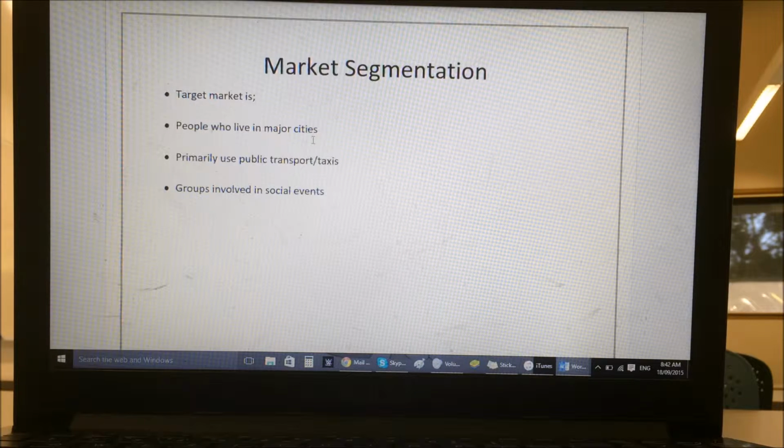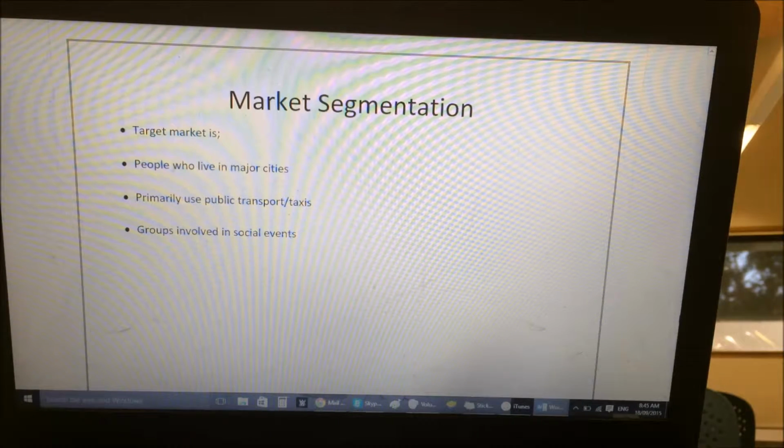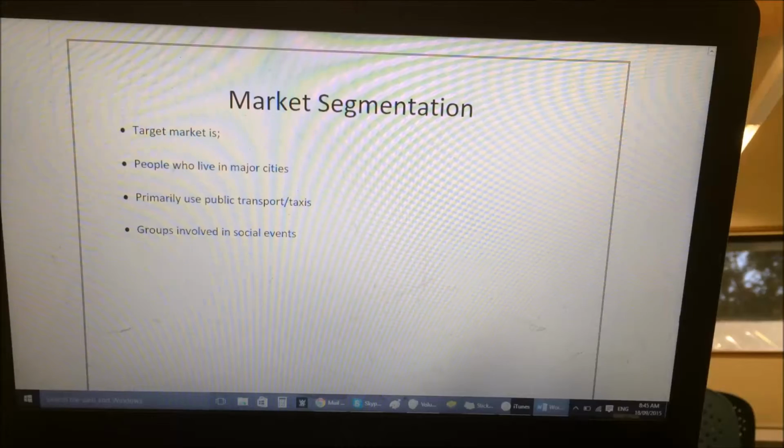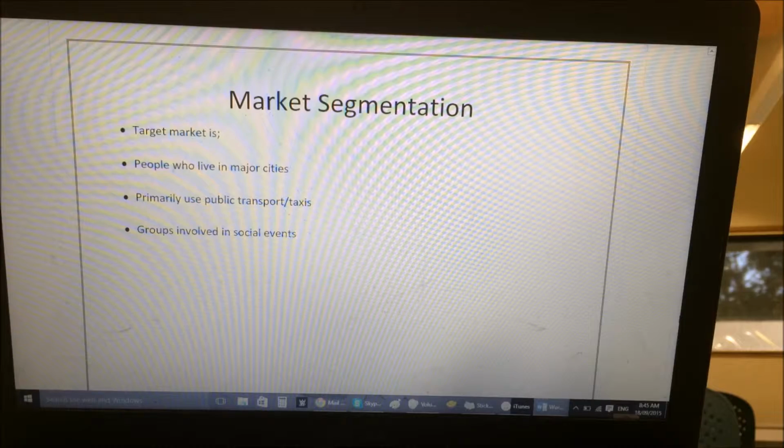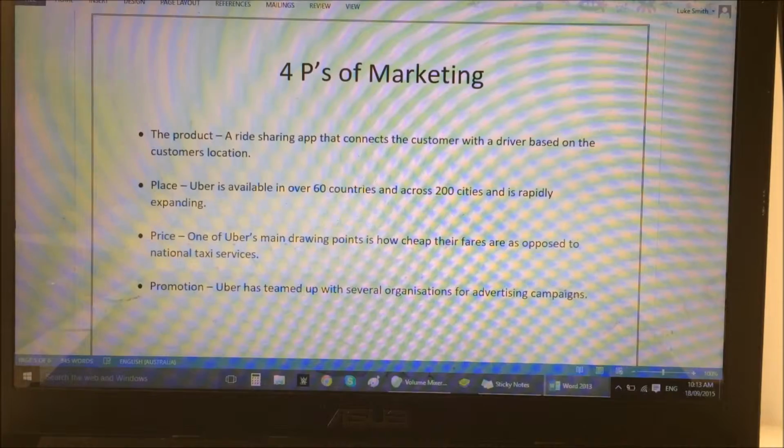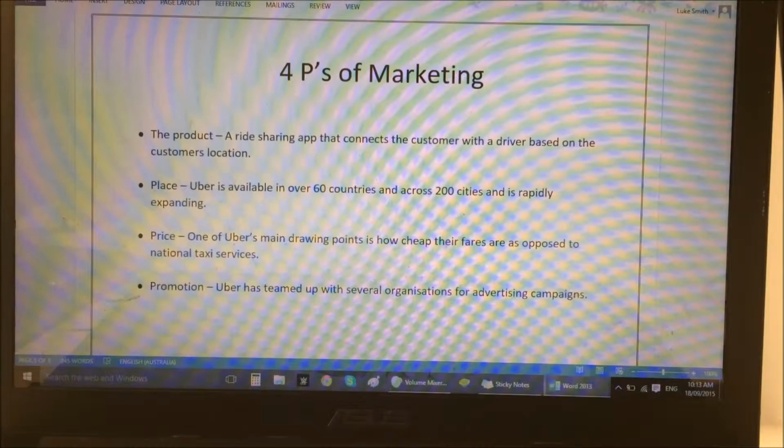Uber uses operant conditioning to retain their customers by aiming to provide them with a reward of lower prices and a higher quality service than they would get through traditional taxis and public transport. This leads to more satisfied customers who are more likely to reuse their service than they are to go back to taxis. The 4 P's of marketing: product, place, price, and promotion, are essential to businesses, and the product of Uber